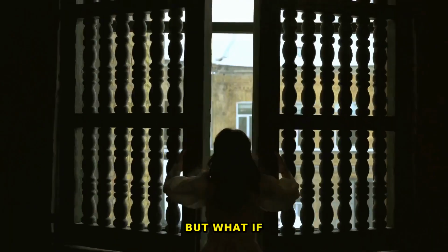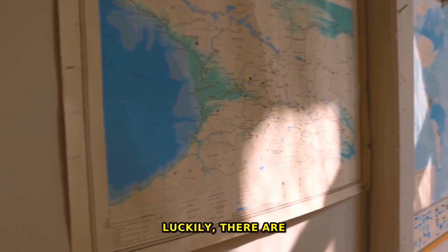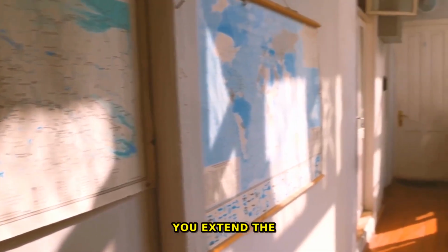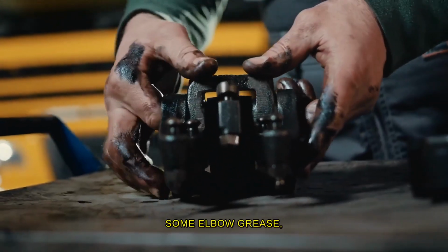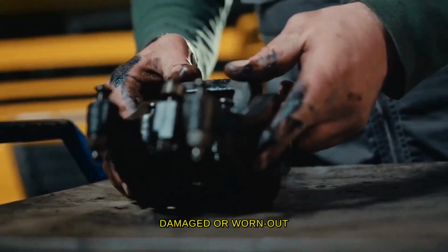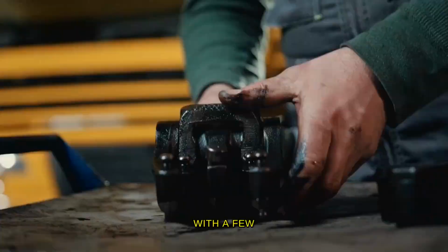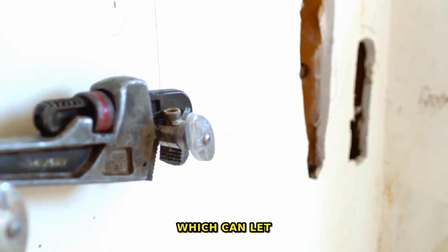But what if you don't have the budget to replace your windows entirely? Luckily, there are several DIY repairs and home fixes that can help you extend the life of your windows. With a few simple tools and some elbow grease, you can repair damaged or worn-out windows and keep your home warm and cozy. One of the most common issues with windows is a leaky seal, which can let in cold